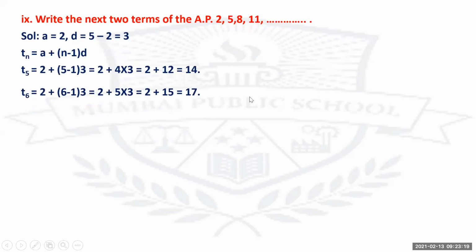Sir, 14 होगा. Yes. A is equal to 2, D is equal to 5 minus 2, that is 3. Formula of Tn, A plus n minus 1 into D. Now check, 4 terms are given, so you write T5, substitute, get 14. T6, you will substitute, you will solve it, get answer as 17. Understand? Now see, for these questions, you can write the answers directly also. But these are one-step answers. You did not show this calculation. That is entirely upon you. It is clear.